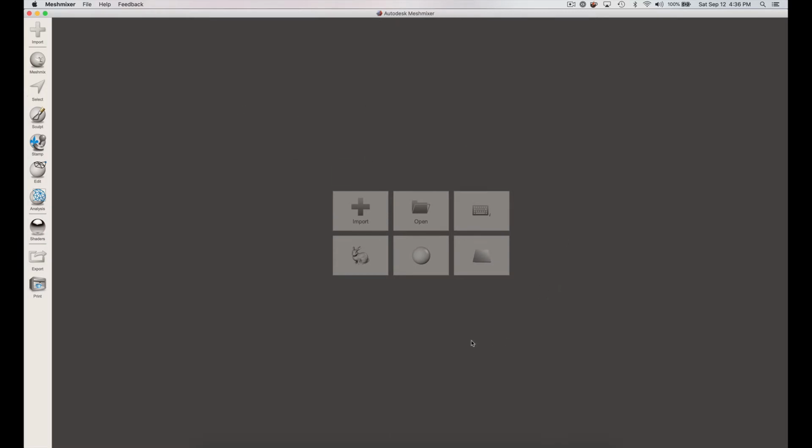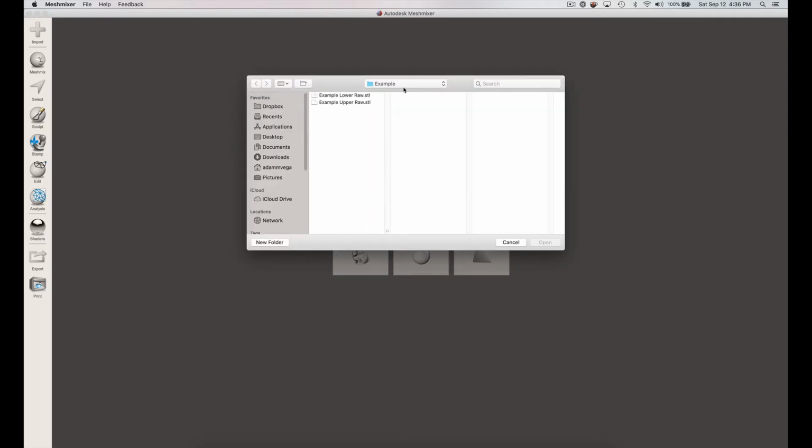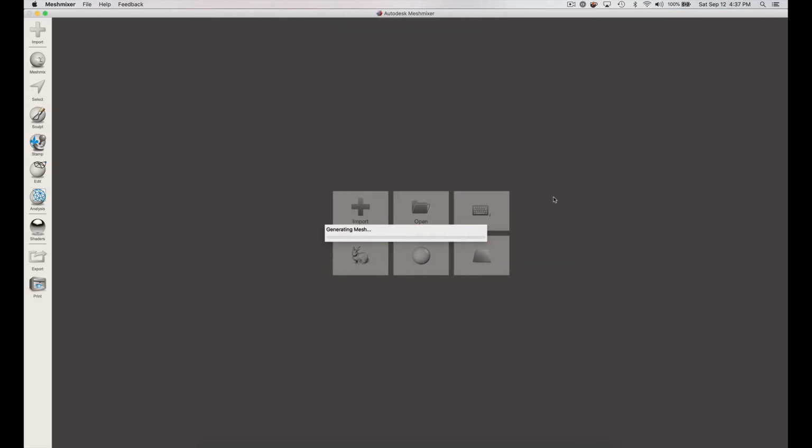And so now we're going to go through the process of how do we take a mesh and turn it into something that we can print. So we're going to import, and I have a case here that I'm labeling as example. And anytime I do an intraoral scan and I take them out, they're going to be STL files, as we can see right here. We have an upper and we have a lower, and I always label these as raw. They're raw because I haven't done anything to them yet, and I always want to maintain these so that I have the original data. Today we're going to be working on the upper